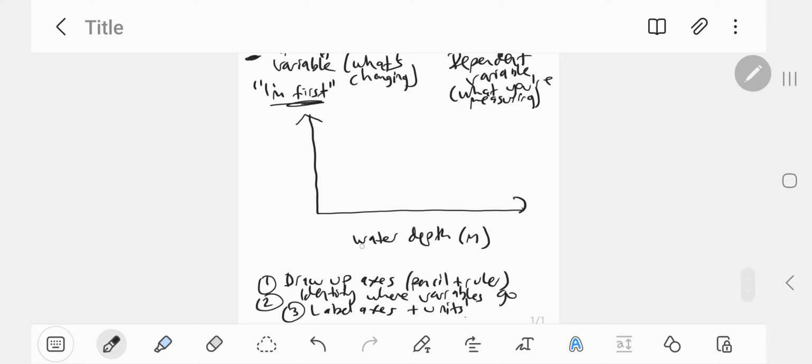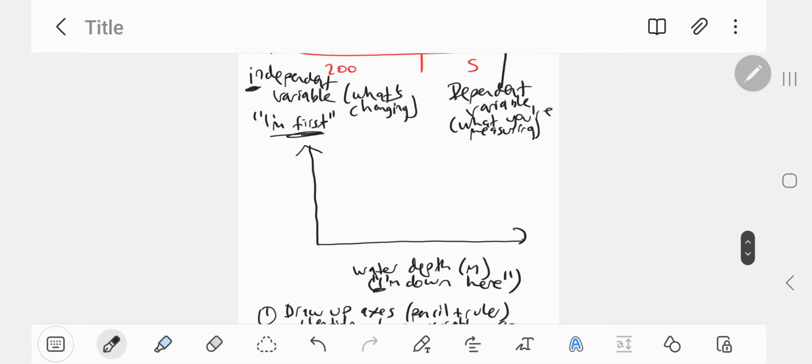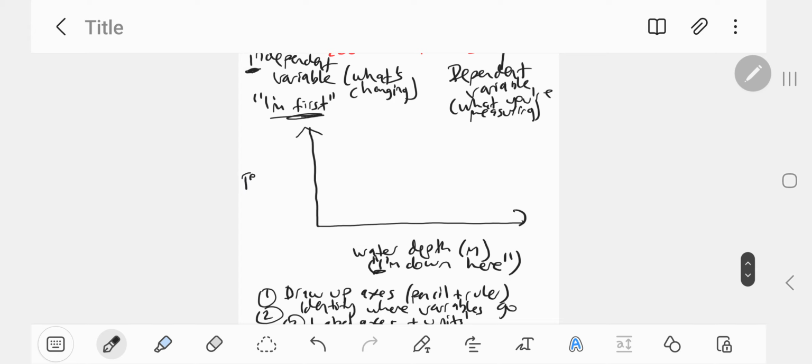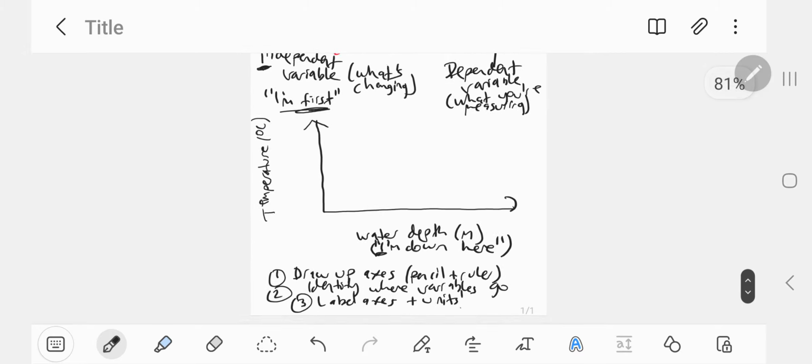So water depth in the x-axis, why is that? Well, independent variable, think of I'm down here, okay, for independent variable. I for independent variable, that goes on the bottom axis. On the top axis, vertical axis, you've got the dependent variable, which is the temperature in degrees centigrade. I'm just going to put temp for now, degrees Celsius, because I'm running out of room. I can do it this way. Temperature. Okay, that's step three, very simple. Step four,